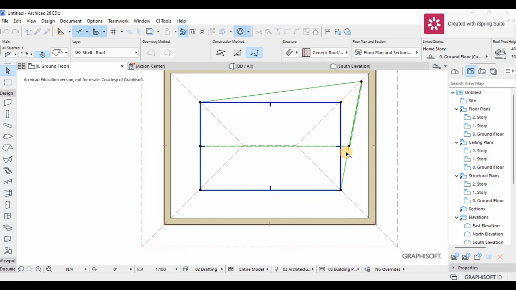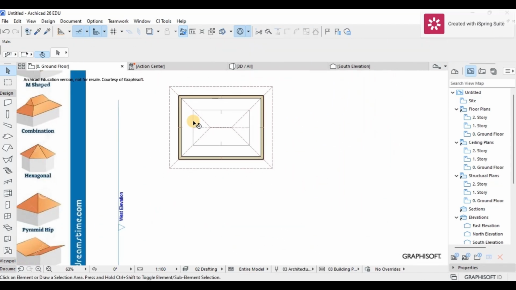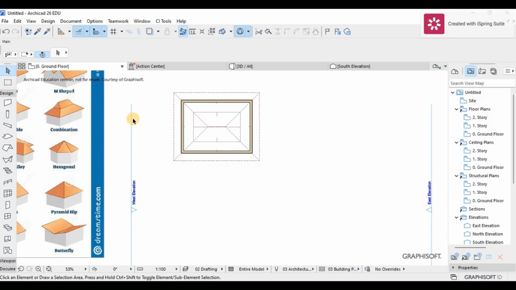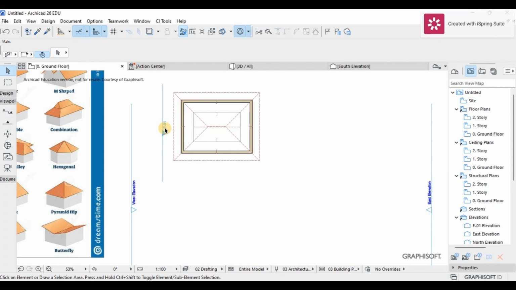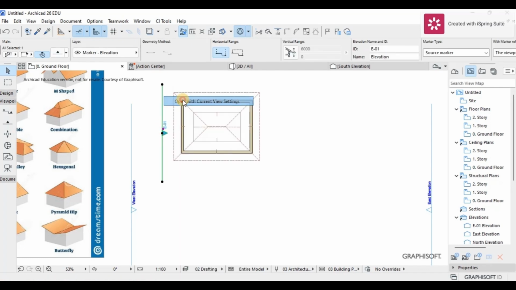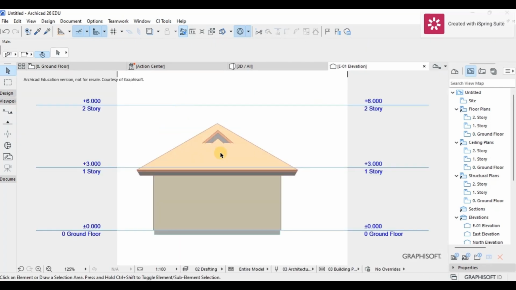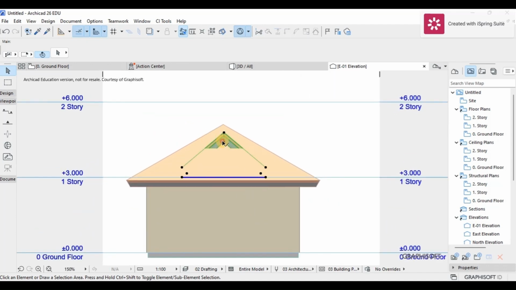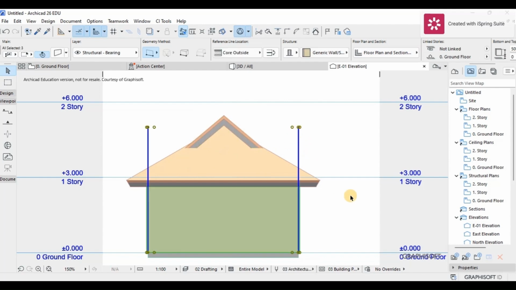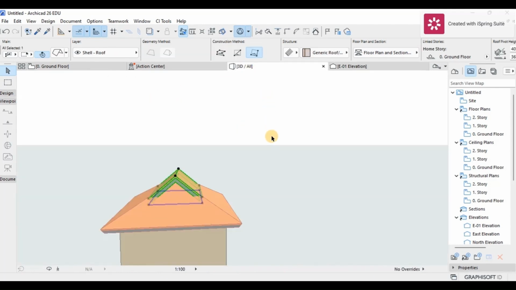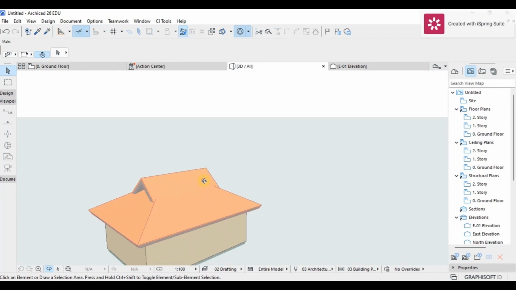So I'm going to remove the overlaps for my gable like that, and then I'm going to open an elevation to see what I'm actually dealing with. So let me just see viewpoint. Let me see elevation. Open it up like this, and then let me open current view settings. And then I'm just going to select my gable and drag it up like this to achieve something like that. So with that done, I can go back to my 3D and you can see we have